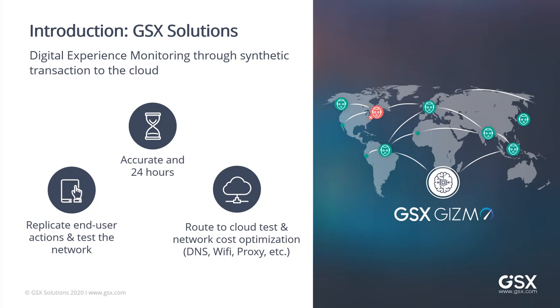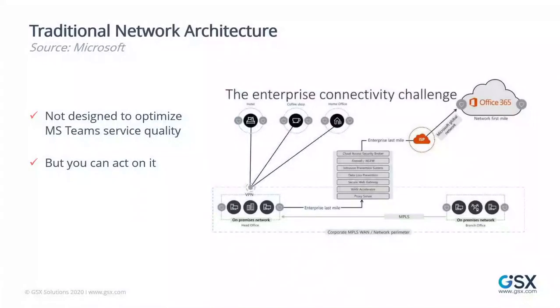Usually, we are dealing with enterprises that want to test the Office 365 service quality delivered to all their critical sites. And of course, because of the situation, more and more have asked us if we could use our technology to help remote workers as well. And we will see how we can face the challenge of ensuring service quality either at a remote office or at home, thanks to the JSX solution. So let's start really with how to improve the service quality at the remote location.